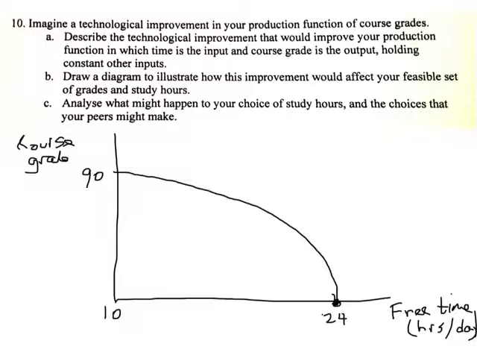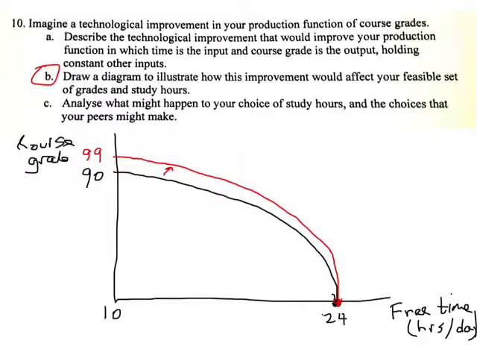Well, let's think of suddenly the student learns how to study better, and there's an increase in productivity. What would that look like in the context of this model? Let's have the new line be in red. And we can't change the hours in a day. So the feasible set is still going to be anchored at 24, but everywhere else would shift up. So we'd sort of get this rotation up. And let's say the student now can attain 99 because those professors aren't going to give away 100%. Actually, I don't have any problem doing that if a student has earned that. But anyway, that would be how we model this for part B.